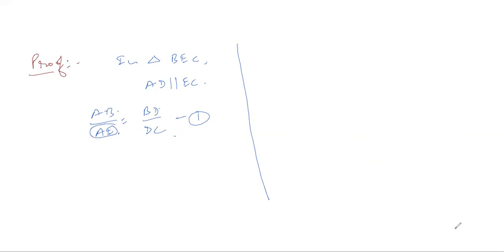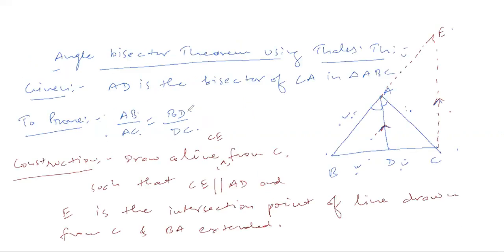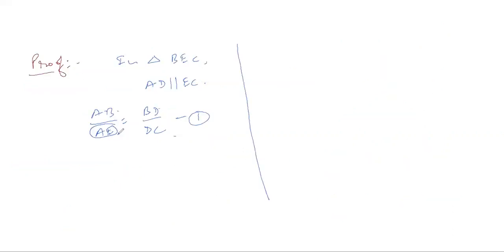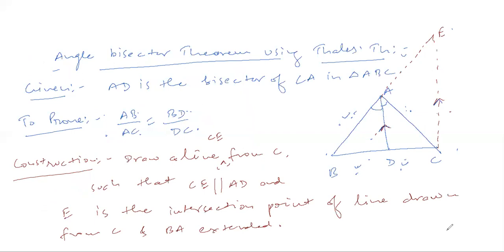So only this is the thing that we don't require here. Rather, in place of this it should be AC. Okay? AB upon AC should be equals to BD upon DC. So the same thing we have proved here. Only this AE is supposed to be AC. That means somehow we have to show that AE will be equals to AC. That means now our aim is to prove this thing. So let's see how we can prove this thing from the figure.